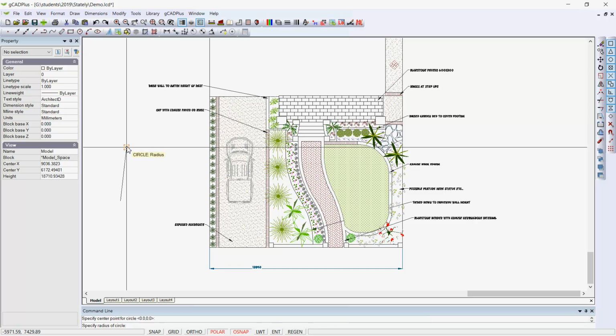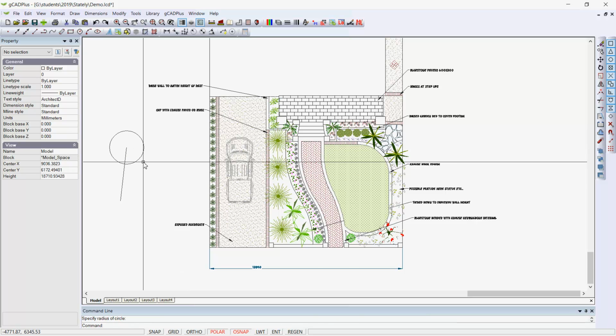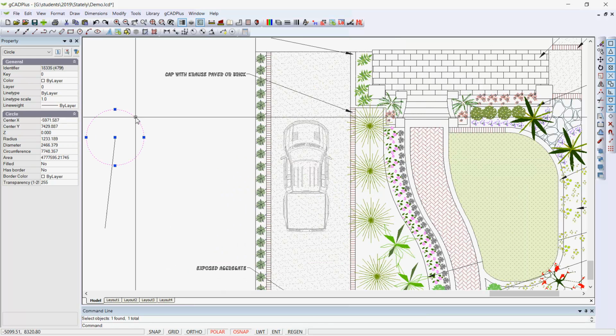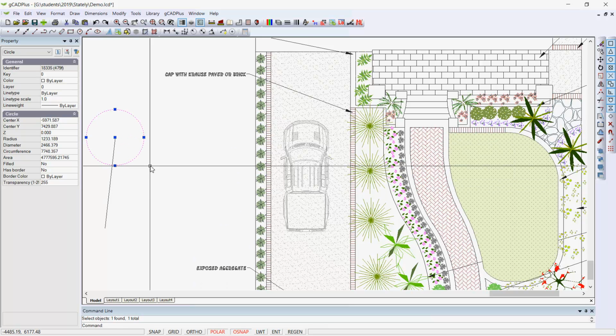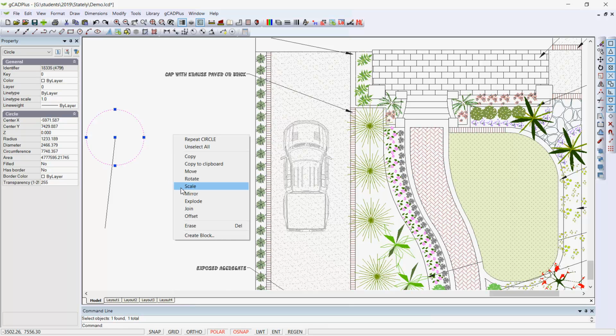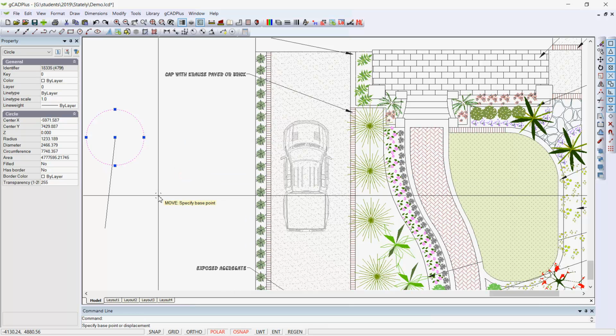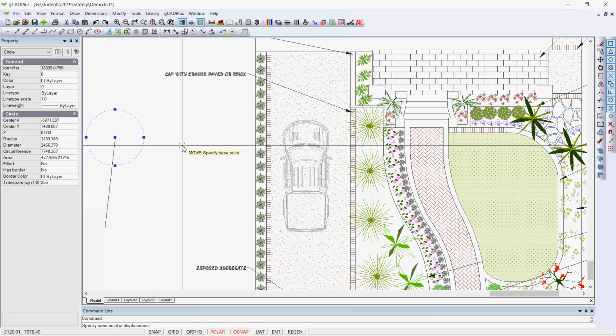I can do it with this system, but then when I want to move that circle from the end point of that line, say to the midpoint here, I'd like to show that if we pick the move command and I want to pick the center of the circle, it will do it because all the osnaps are on,